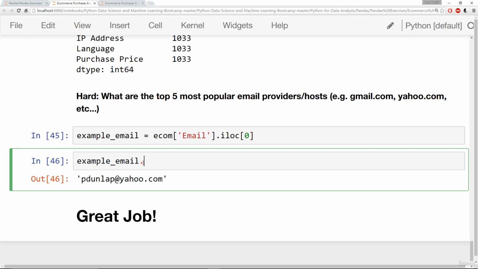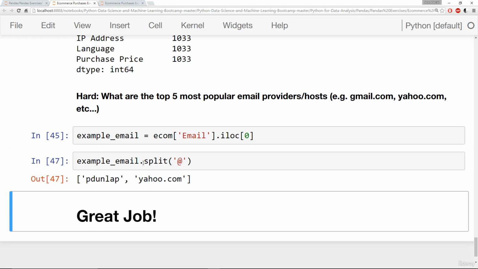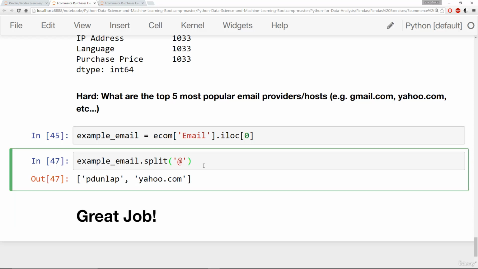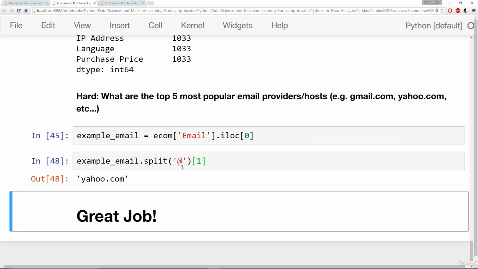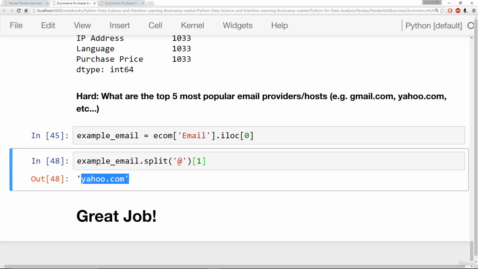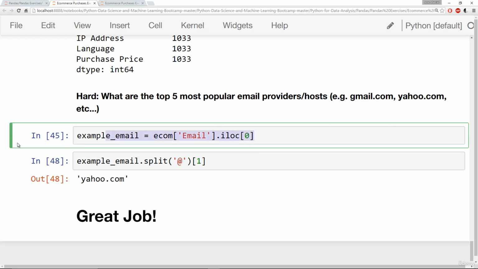If I say split on @, then I have a list, and it splits it on @, and I know that the second item in this list, the item at index 1, is the domain name, yahoo.com. So what I want to do is use this sort of logic in a lambda expression in order to grab the email provider or the host. Let's go ahead and do that. I'm going to say ecom email